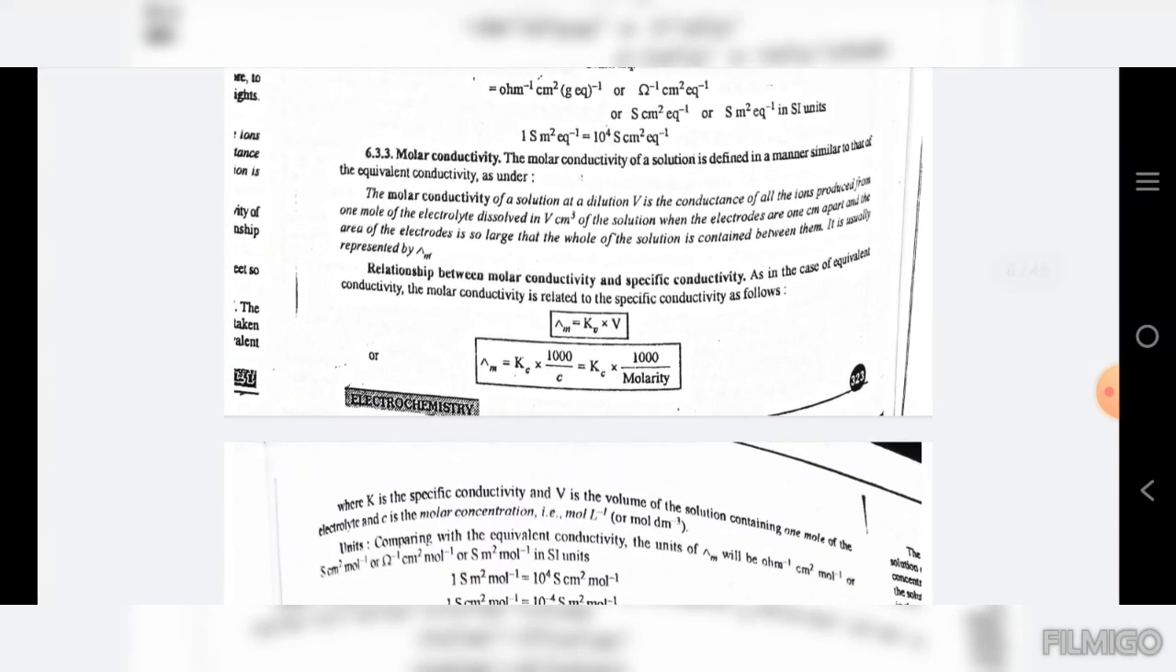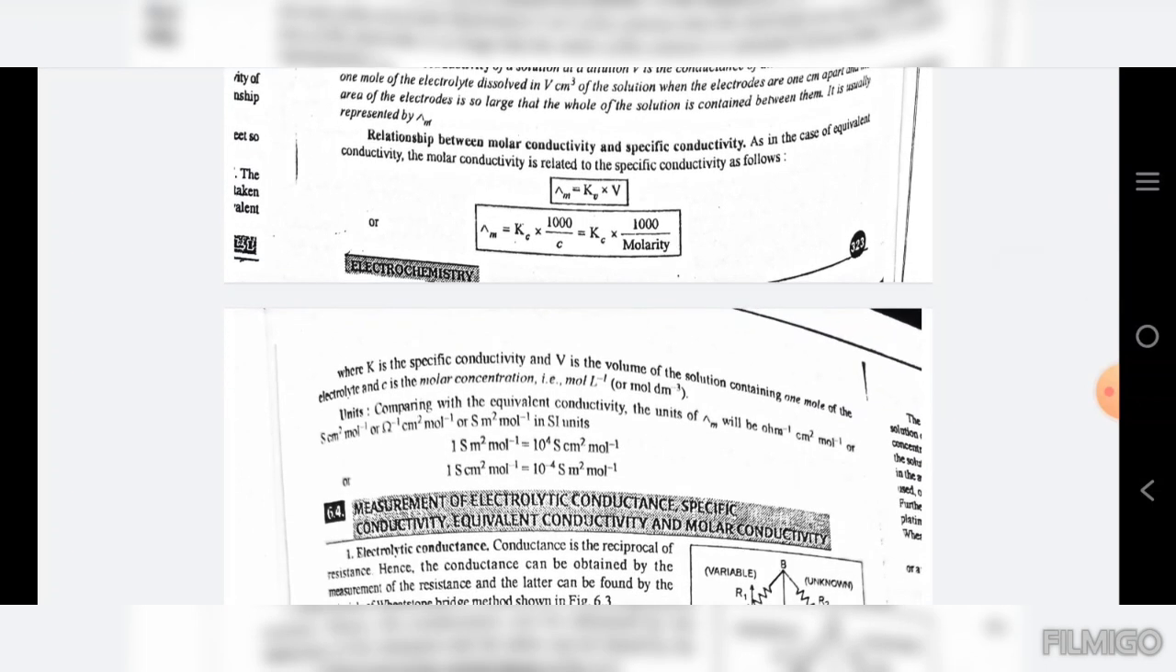Molar conductivity. The molar conductivity of a solution is defined in a manner similar to that of the equivalent conductivity as under. The molar conductivity of a solution at a dilution V is the conductance of all the ions produced by 1 mole of the electrolyte dissolved in V centimeter cube of the solution, when the electrodes are 1 centimeter apart and the area of the electrodes is so large that the whole of the solution is contained between them. It is usually represented by